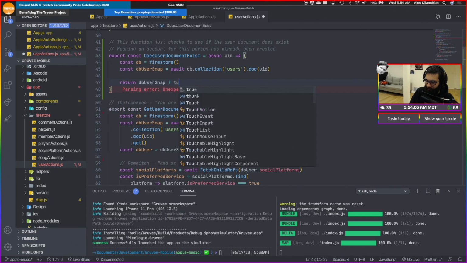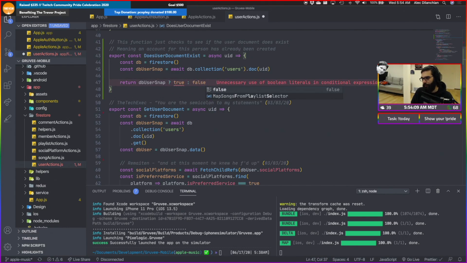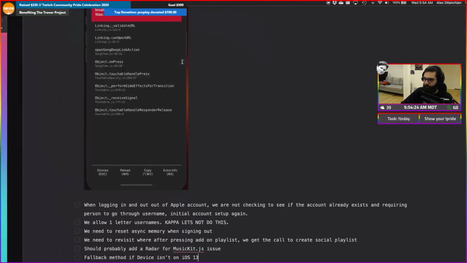If it's a thing, just return true. Otherwise just return false. Or let me actually look at the Firebase docs real quick. Maybe there's actually a proper way to check.